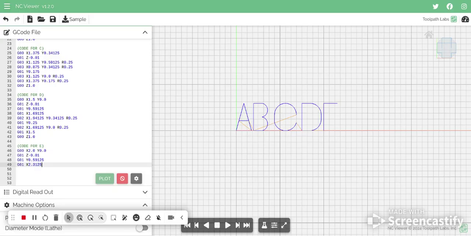It should start off at x 2.0, y 0.0, and then goes up to the max of 0.59125, and then goes to the right to x 2.3125. That's where we should be. My bad, everyone. From here, wrap it out of the part to our safe place of z 1.0,